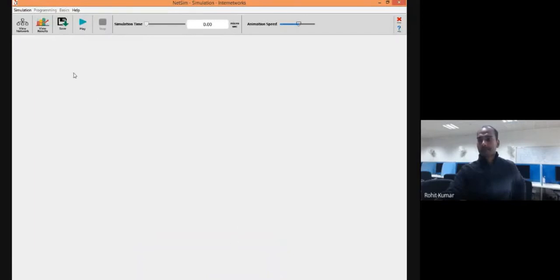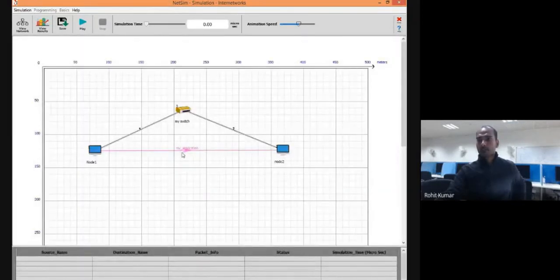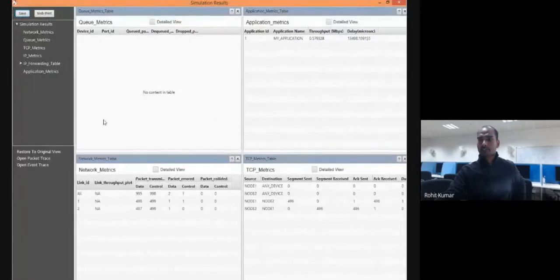So here you can see it was the environment, and these are the results, loading application results. So it is the result window. You can see simulation results here. You can save these results if you want to, save network and results as, or you can take a print. So you can print these results also.